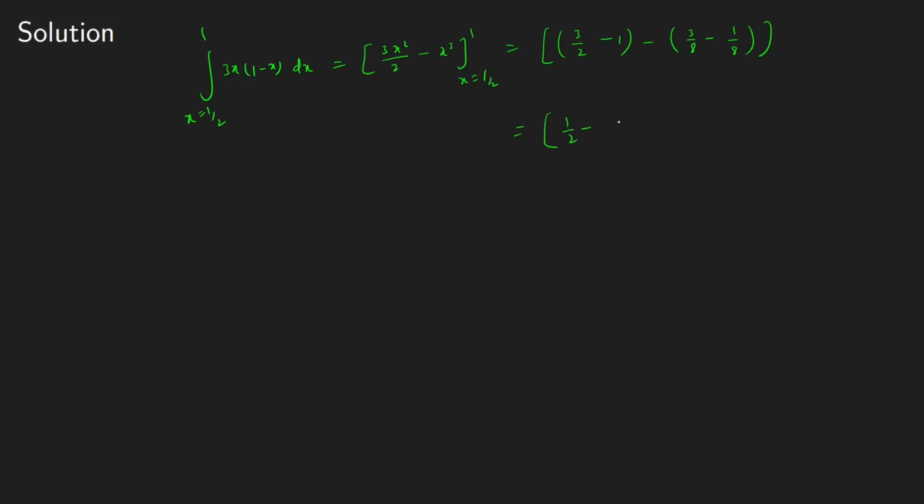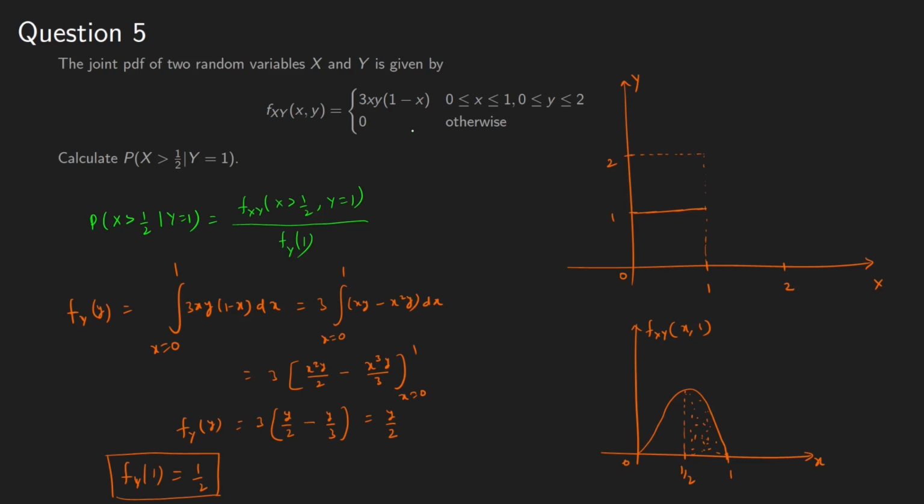So it will be half minus 2 by 8, that is 1 by 4. So it will be 1 by 4. So what is this? This is this fxy